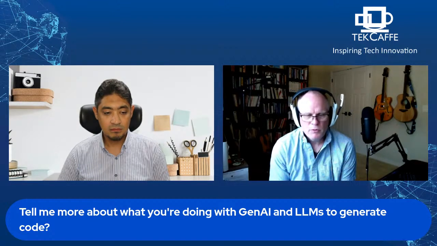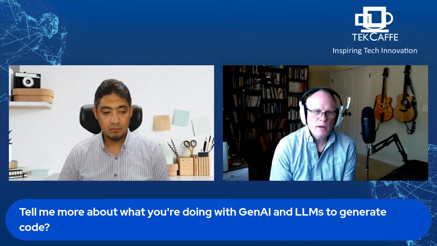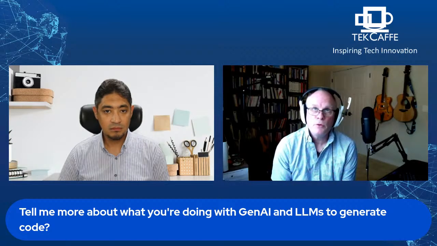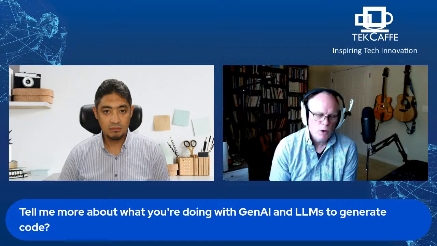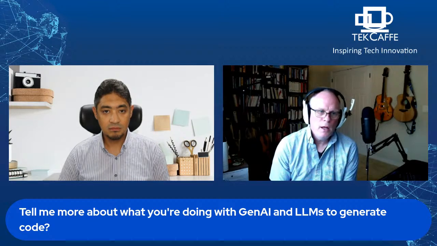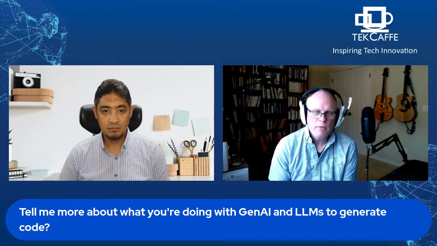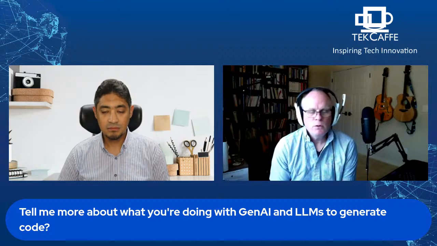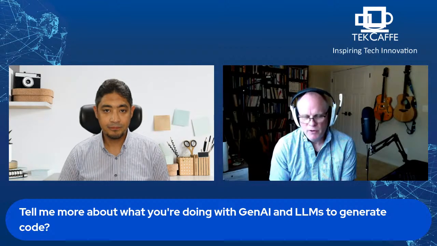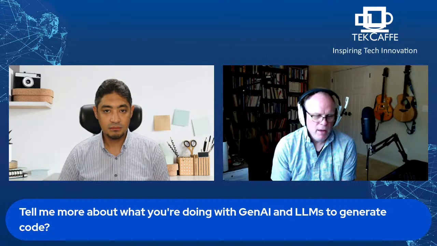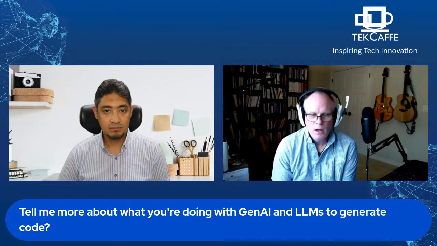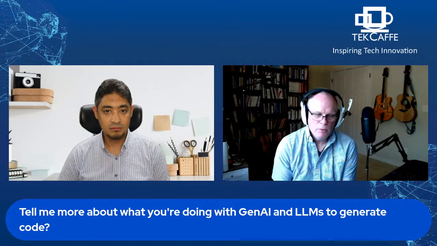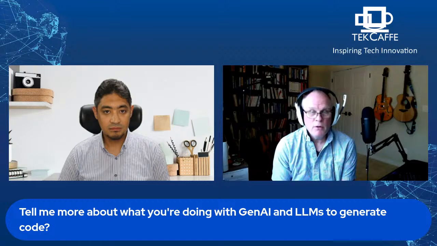So my thought was, what if I start looking at this at a larger level, rather than using AI tools to assist with individual statements in code? What can I get it to do at a larger scope, class level or module level? I came up with this notion, and if you sit down and think about this for about 10 minutes, you come up with pretty much all the insights you're going to need to do this successfully. The first key insight was, well, if I'm going to ask it to generate code,